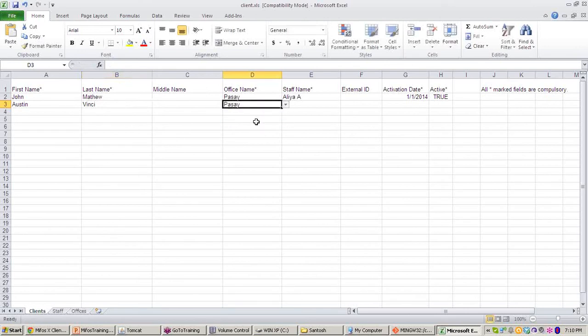Again, consider the same office and staff name. Activation date, let's take January, next 2, that is the date, 2014.